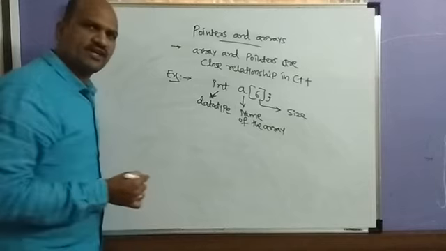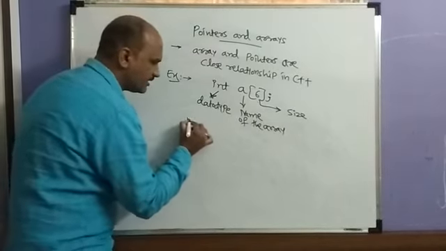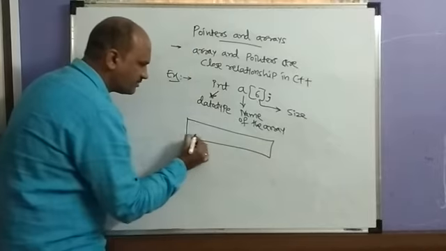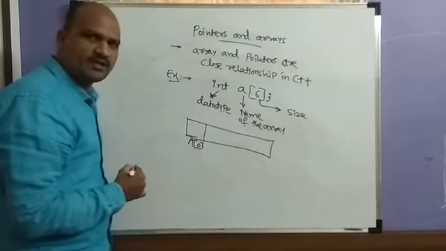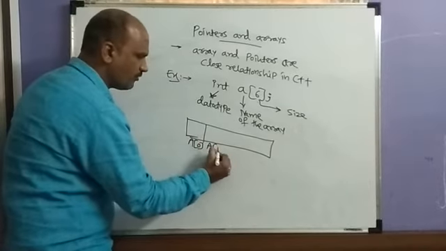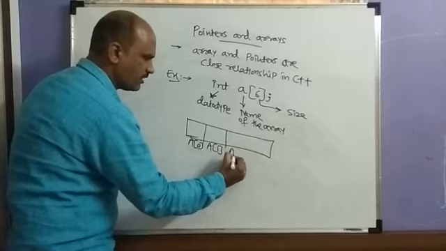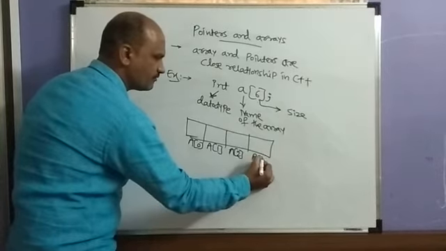And here you can represent it as a of 0 to n minus 1, that is a of 0, a of 1, a of 2, a of 3,